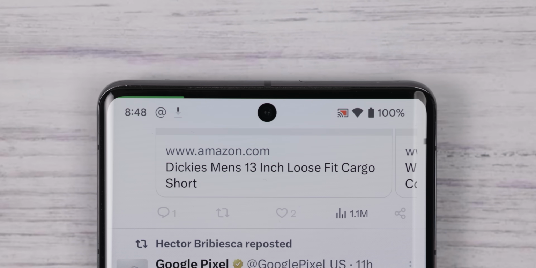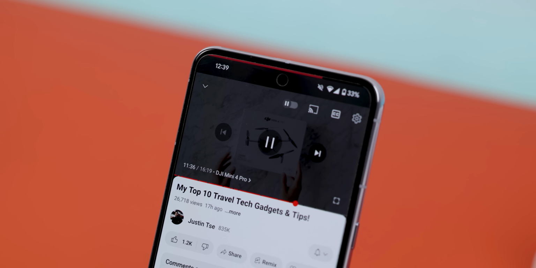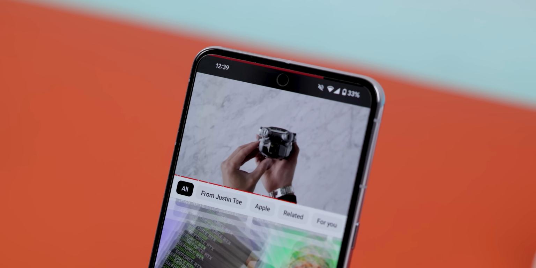Or I can instead switch to this linear progress bar that slides across the top of the screen. It's super seamless, doesn't get in the way, and shows up no matter what app I use. Plus, I love using it whenever I listen to music off YouTube because it will still show me the video